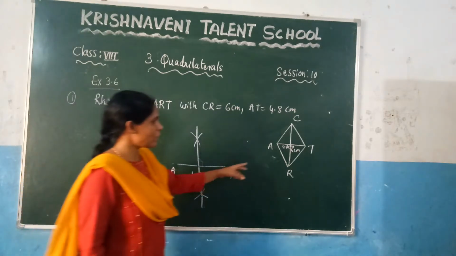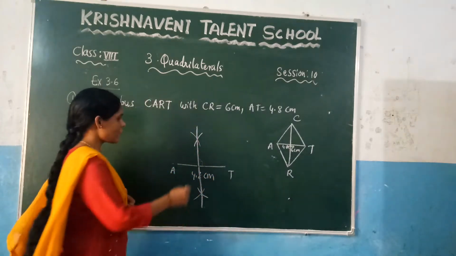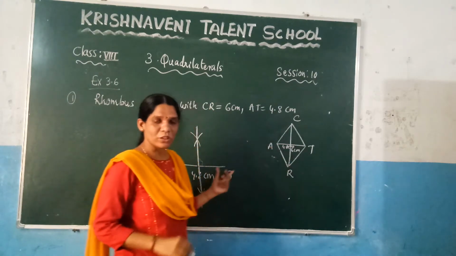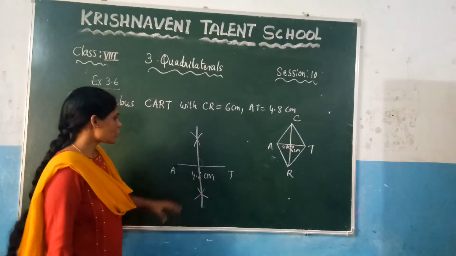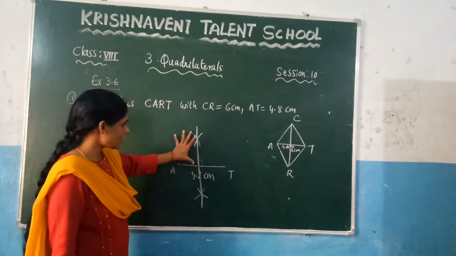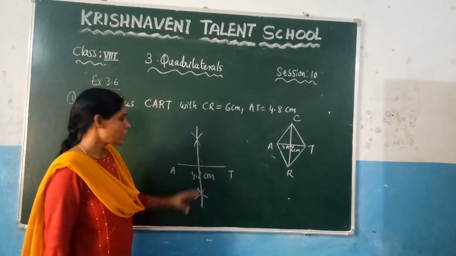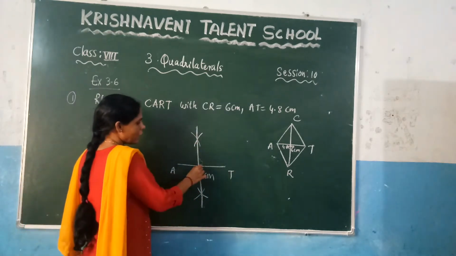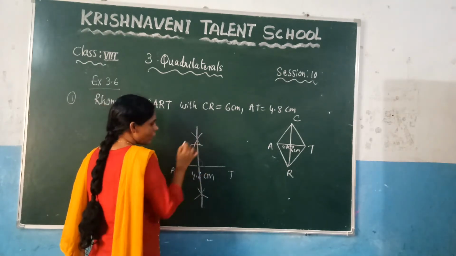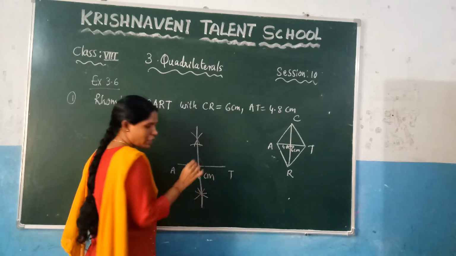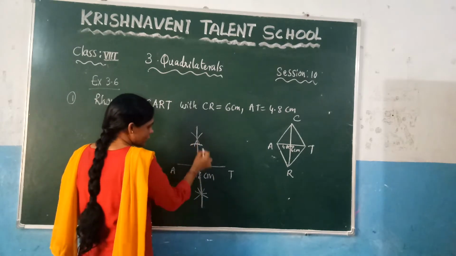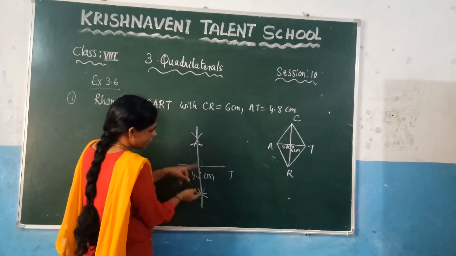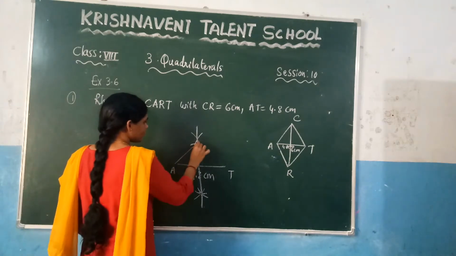Now they have given the length of the other diagonal as 6 centimeters, and you know that it is divided into two equal parts. So if the total length is 6, what will be this length and this length? Half. If this is 3 and this is 3, the total will be 6. So at this point take 3 centimeters and draw one arc, and at this point similarly draw one arc. From this arc to this arc, the total length is 6 centimeters. We have divided that 6 centimeters into 3 and 3. Now you can join this.